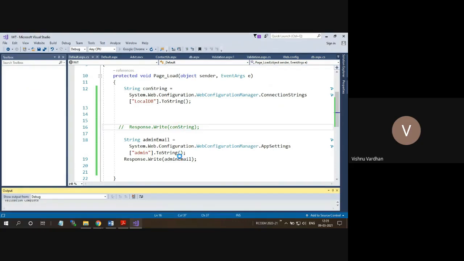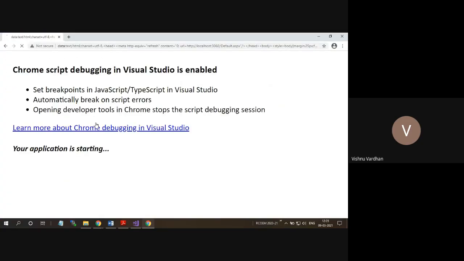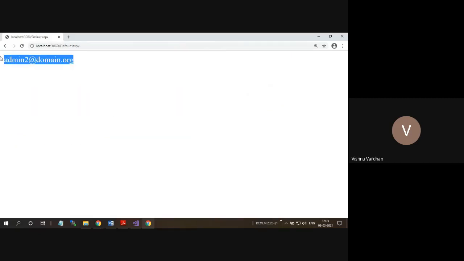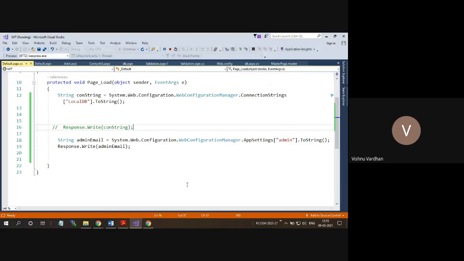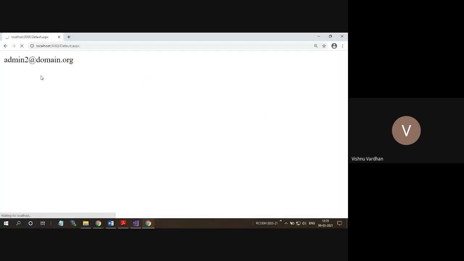After running this, you will get the admin email address in the browser. Okay, which is directly coming from the app settings. So this is coming from the app settings of the web.config file. So in that way, you can have your own implementations. And suppose you want to get the data of the dollar value. So right now I will refresh this, and it will give me back whatever value I have saved in that setting, in that USD setting.